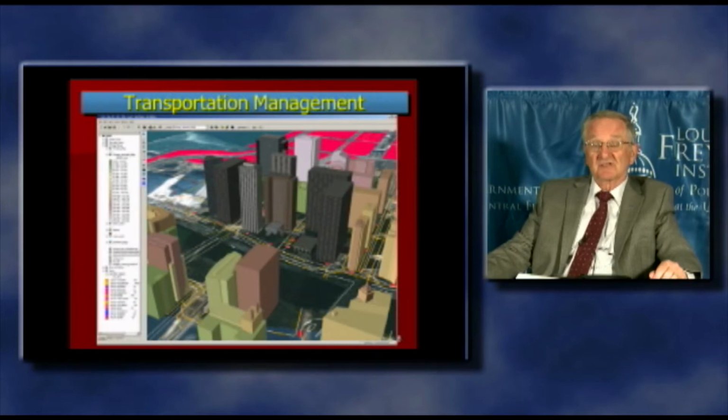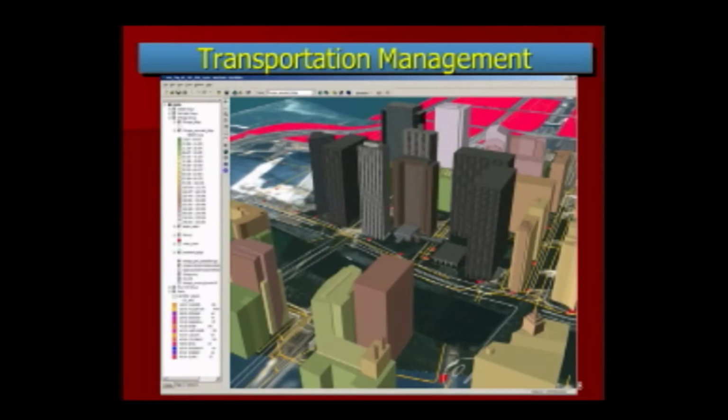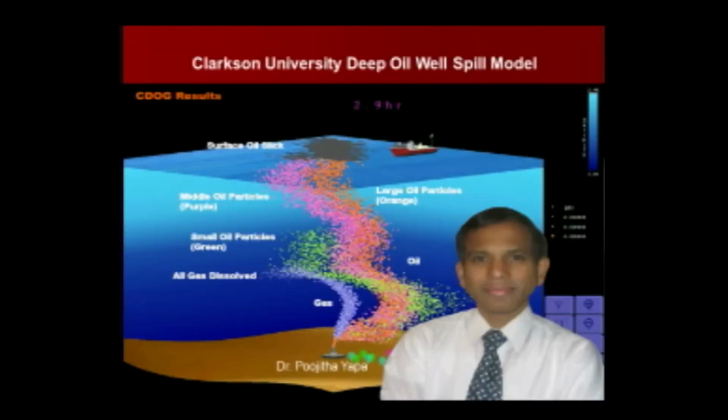Also, we use simulation in traffic management and transportation planning. We can simulate roads and highways, and we can see what happens if we add more lanes to a highway, or we take away a couple of toll booths on the expressways. Using simulation gives us a powerful tool for analysis. A gentleman up at Clarkson University has simulated an oil spill. And you can see that through visualization, they're able to predict, and again, using a very accurate math model, predict where the oil might be such that the first responders can get there and do their thing before it becomes a catastrophe.